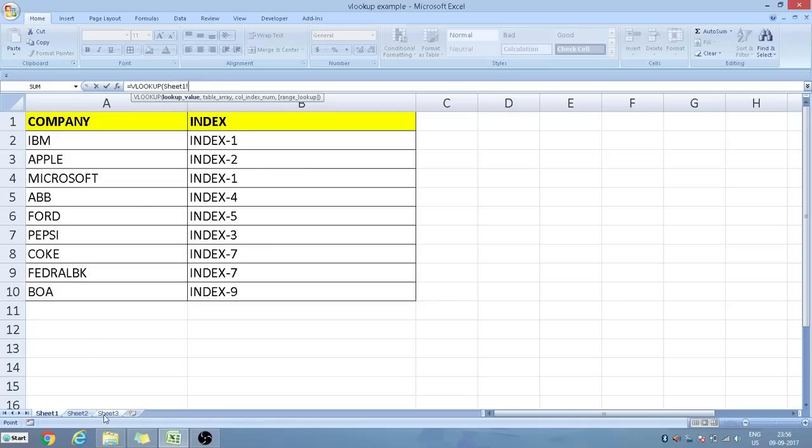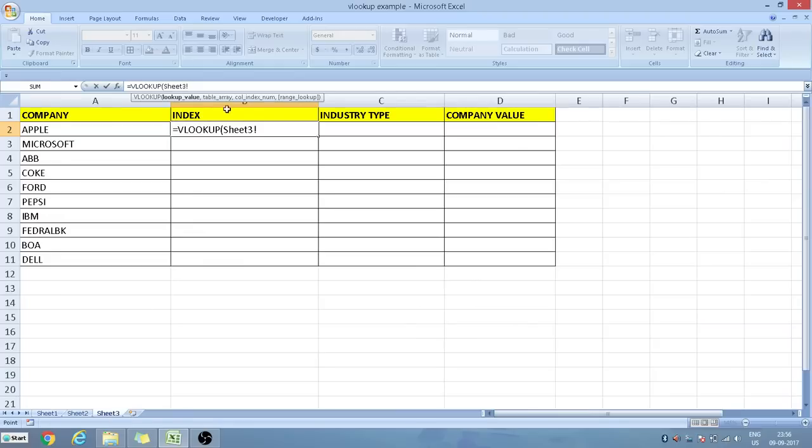So to avoid this kind of scenario, what you have to do is right click on the Apple. This is VLOOKUP.